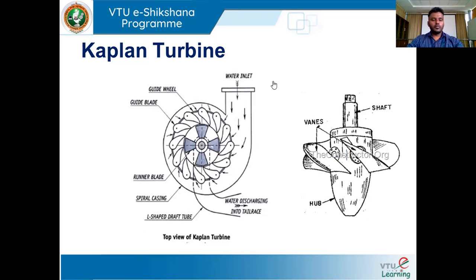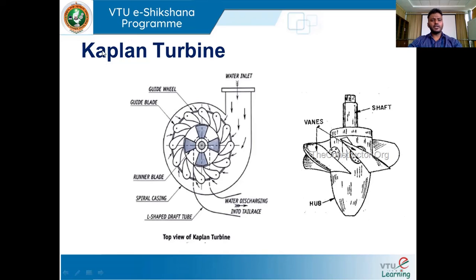Next we'll discuss one more reaction turbine, that is a Kaplan turbine. So Kaplan turbine comes under the category of axial flow turbine. So here the water enters into the runner blade in axial direction. That means parallel to the axis of the shaft. So the Kaplan turbine is specifically used for such an application where the flow rate is maximum but head available is minimum. So the Kaplan turbine is best suited for such an application, right? So that low head and high flow rate.